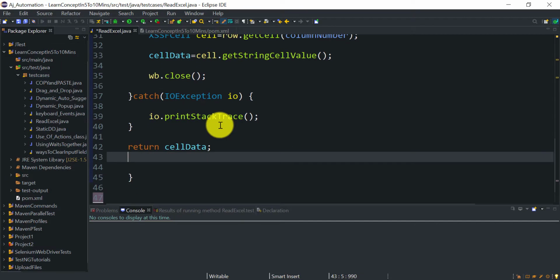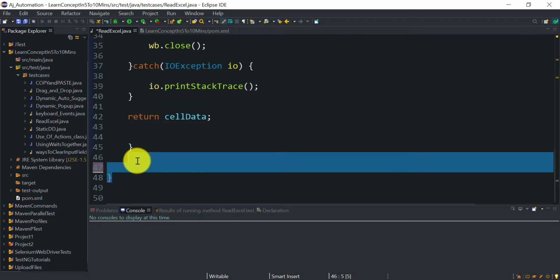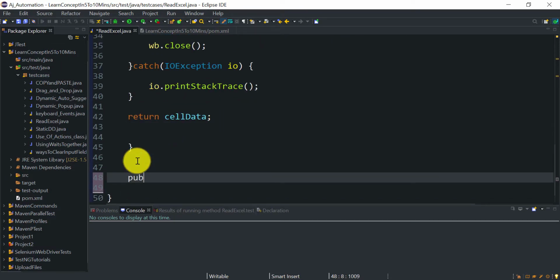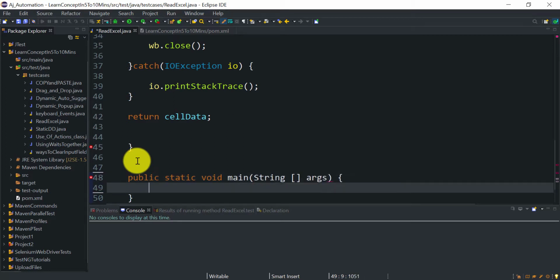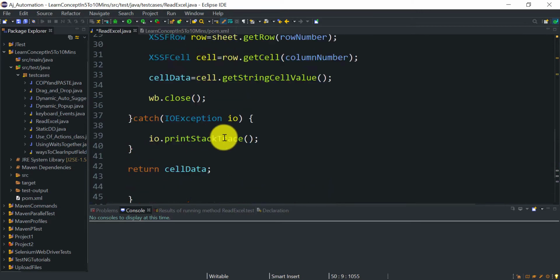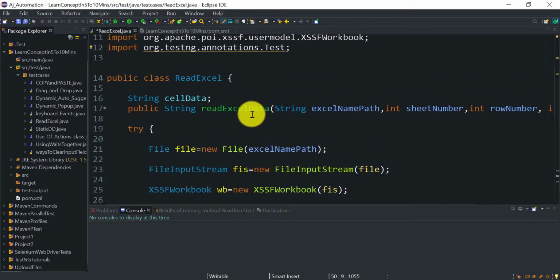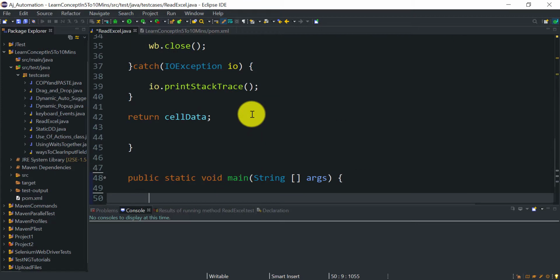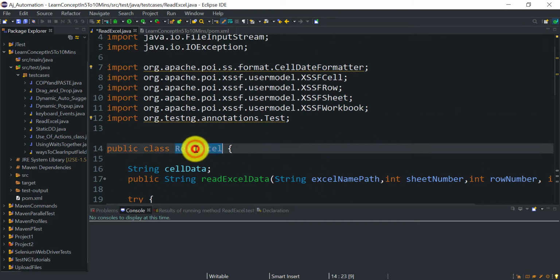Okay, so to verify, let us create a main method here. public static void main, String arrays. And from this main method we are going to call this readExcelData method. For that purpose you need to create an object of this class.